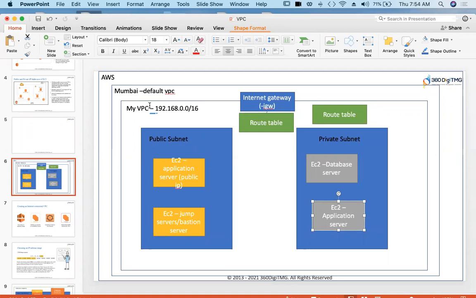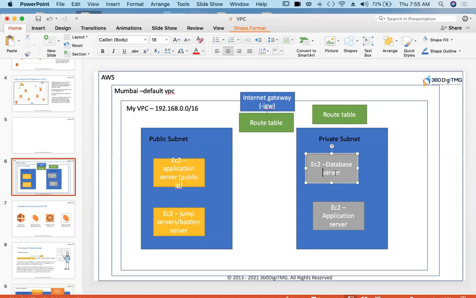But there are some scenarios where these servers need to get updates, especially in this use case. Suppose this is database server, you are maintaining some MySQL database or any other database you have installed. There will be security patches, upgradations, OS level patches, and database upgradations which you need to do. For those things, this EC2 instance has to connect to internet.